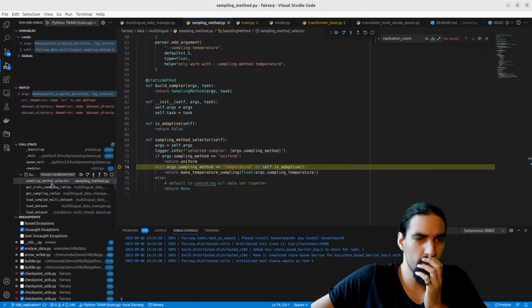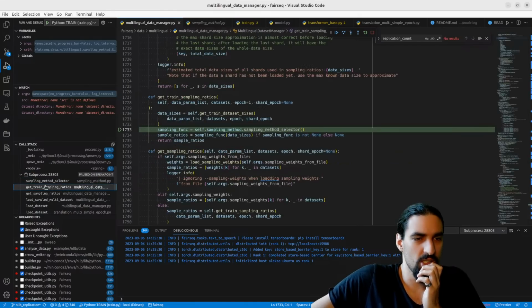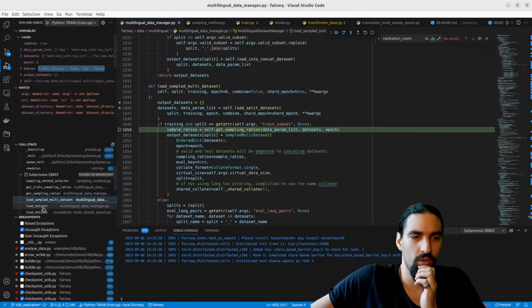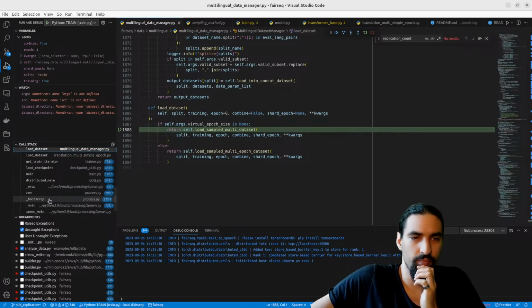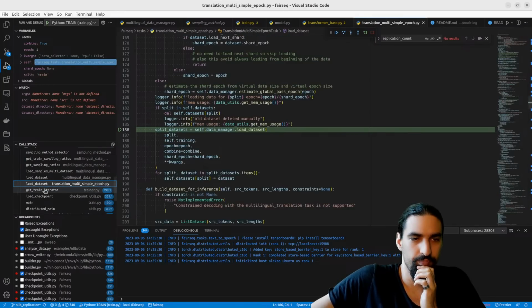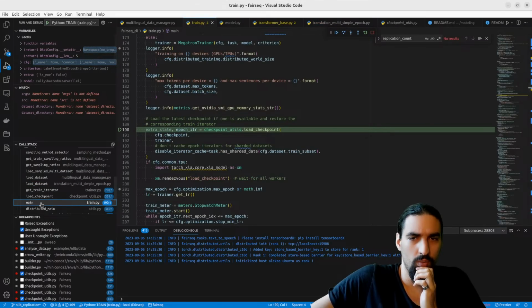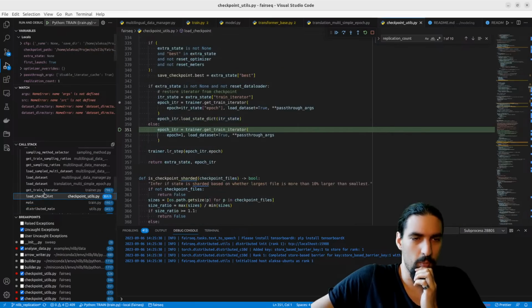Okay, here we are. So this is the sampling part. Let's see how did we get here from load data set. Okay, we are loading the checkpoint.